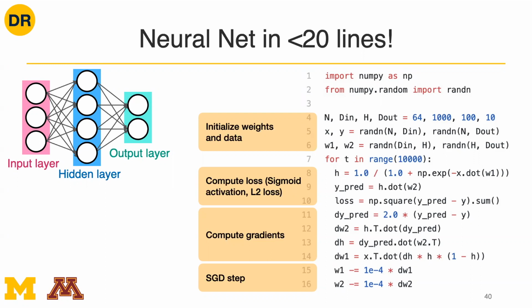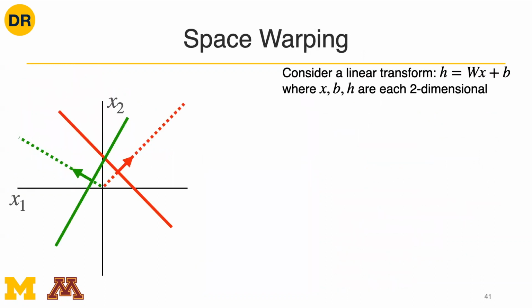So neural networks are very good at approximating functions because they do something called space warping. Let's understand space warping more from a geometric viewpoint. This should be familiar to you. We saw this in a few lectures before, when talking about linear models. So consider a linear transform where you have h equal to w times x plus b. In this particular case, imagine x, h and b are 2 dimensions. So let's say you have x1 and x2